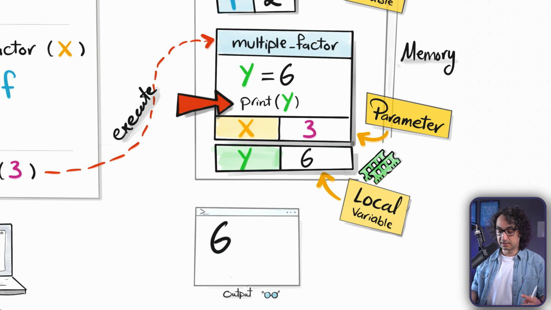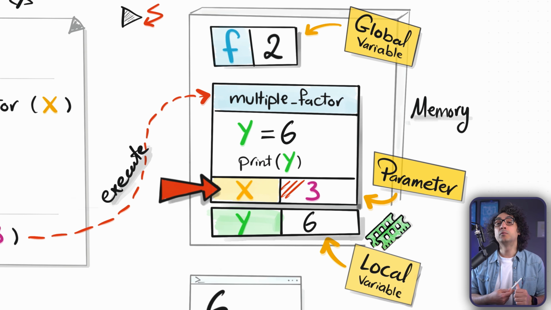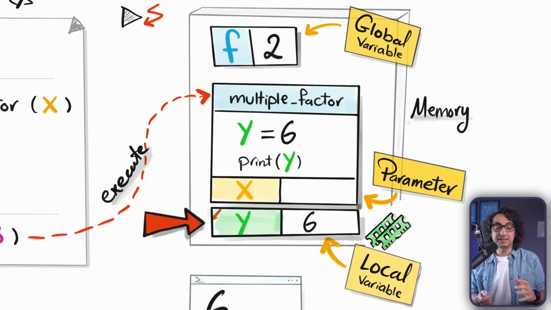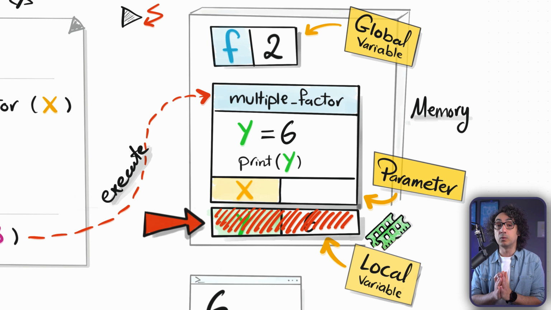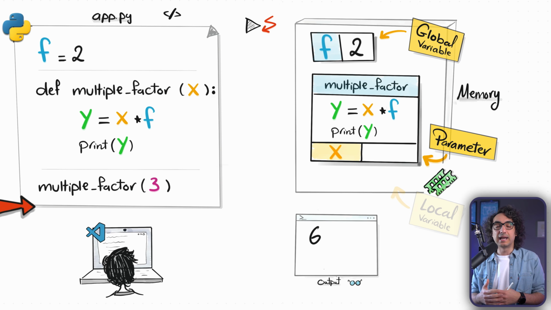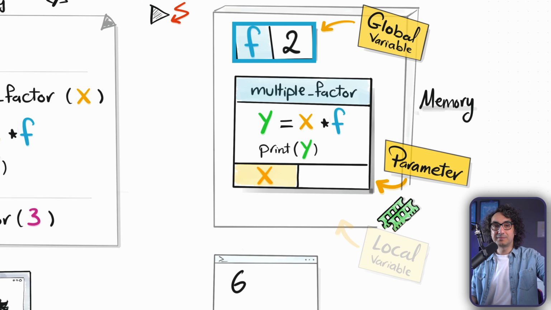So Python is done executing the body of the function, and now comes something very critical to understand. Python is going to remove the argument from the parameter. So our parameter goes again to being an empty placeholder, but of course it will not destroy the parameter itself. It is just unassigning the value. The second step is going to destroy the local variable y, not only its value, the whole thing, the variable name and as well its value. So by the end, this variable is totally unavailable and we have no idea about it. So at this point we are back to the first point. Python knows there is a global variable, it knows there is a parameter called x, and it has no idea about the local variable y because it destroyed it.